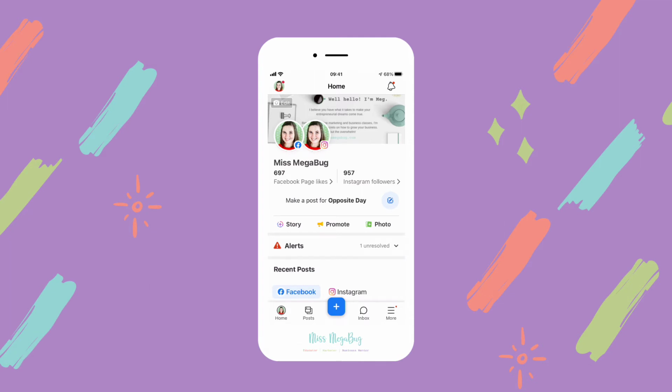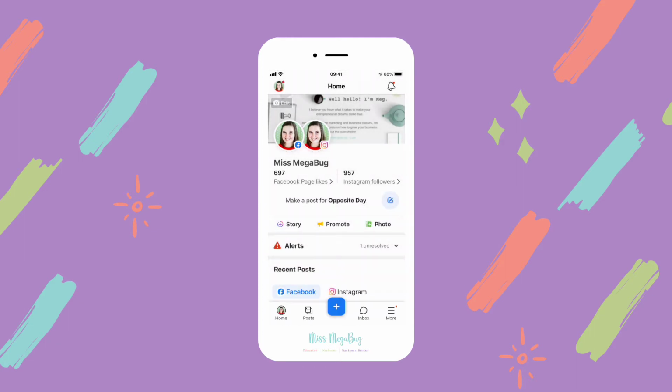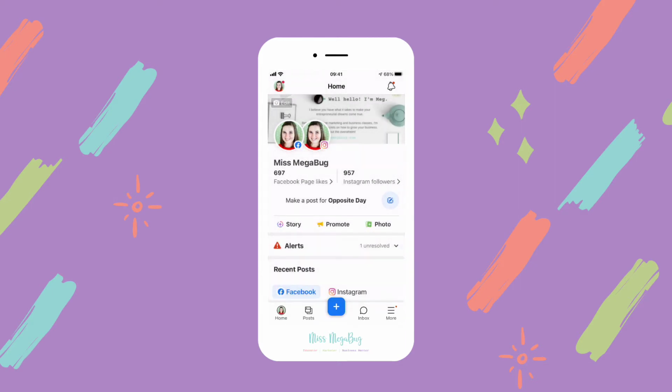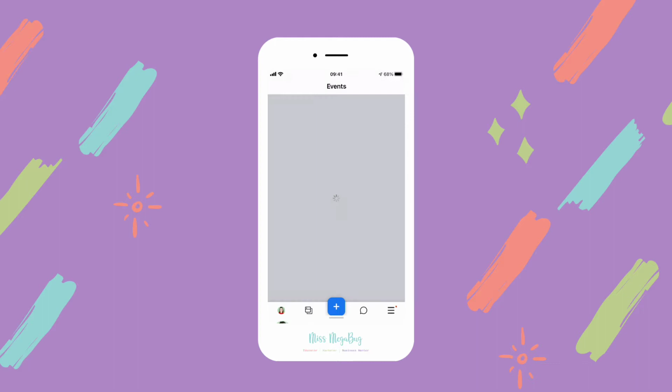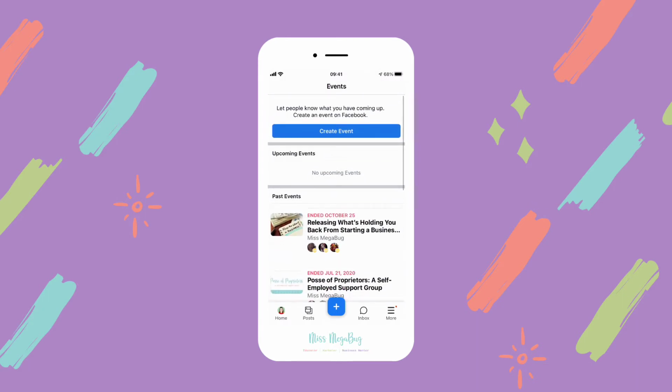Now, the first thing that I noticed is when you click the plus icon, which is that blue icon in the bottom middle, you don't see event. So in order to get to where you can create an event, you're going to want to click on the hamburger icon, which is the three horizontal lines in the very lower right. And then you're going to click events. And you can see your upcoming events, your past events, and then at the very top,